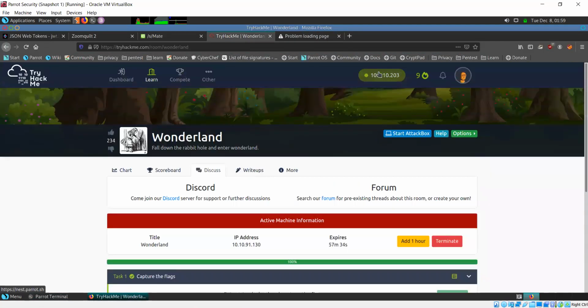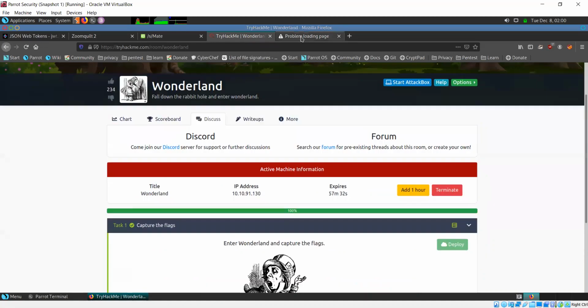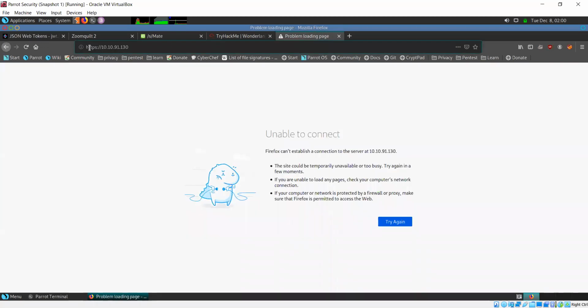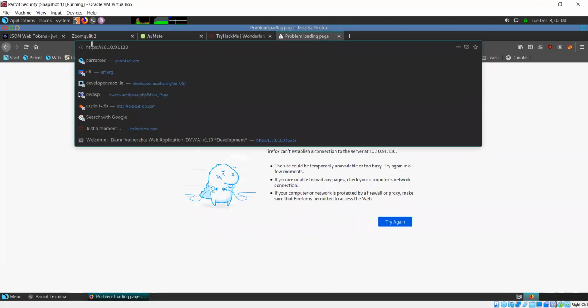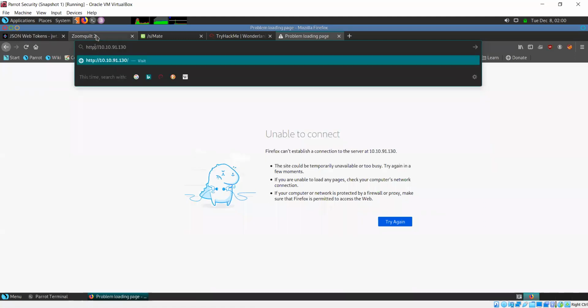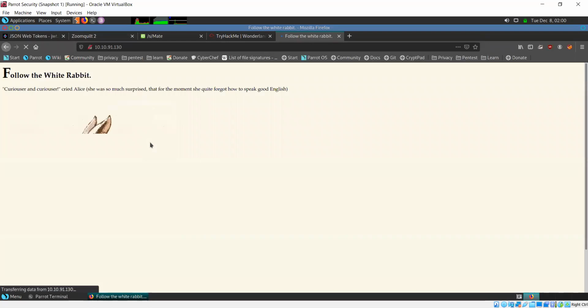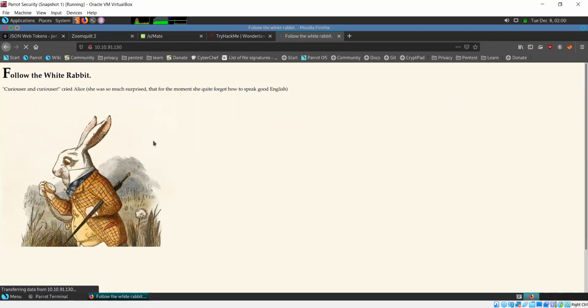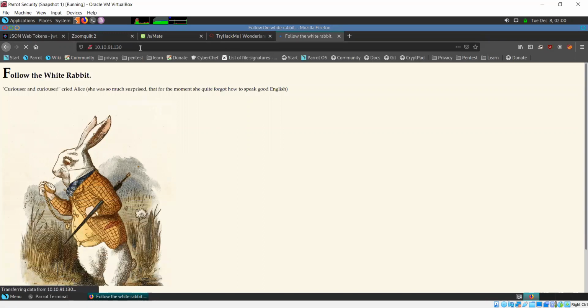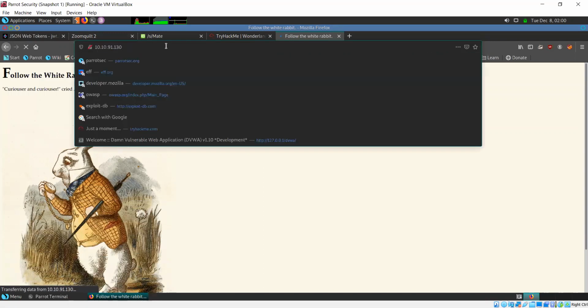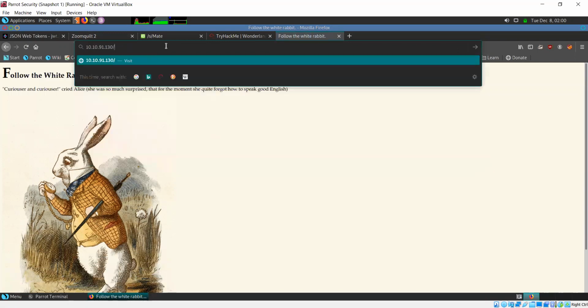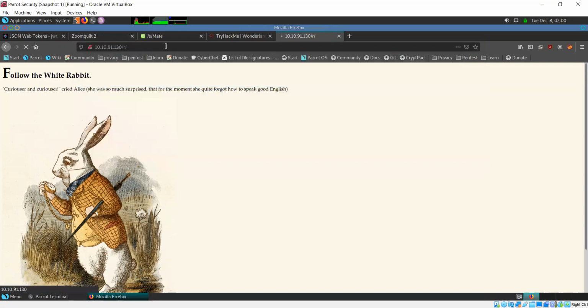We are connected to the network. And by focusing on that hint, we had already found one directory called R.